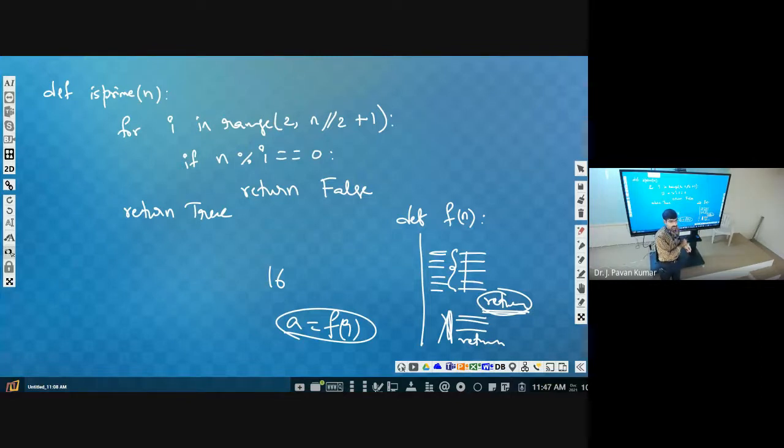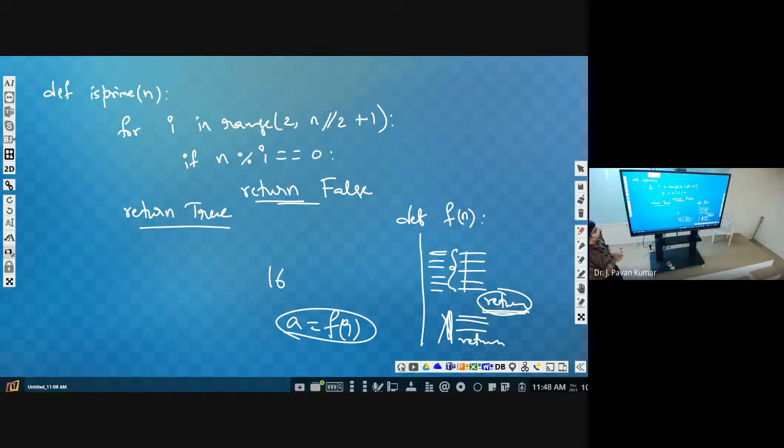Understand? So what you can conclude from this discussion is that we can have any number of return statements in a function. Whichever return statement is encountered first will be executed. Here the return statement is written first, but it will not execute immediately. Only when this condition is true will it be executed. If it is never executed after completing all of these, then it will come to this one.